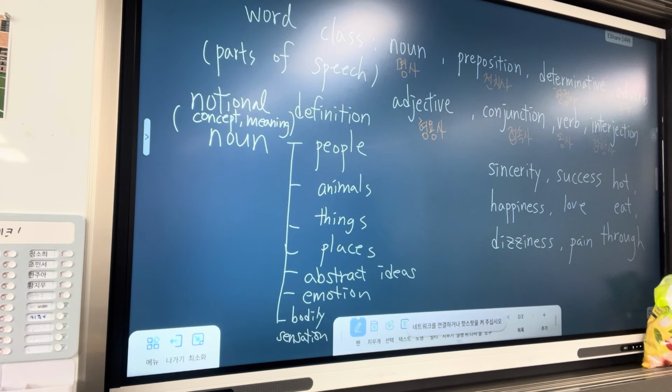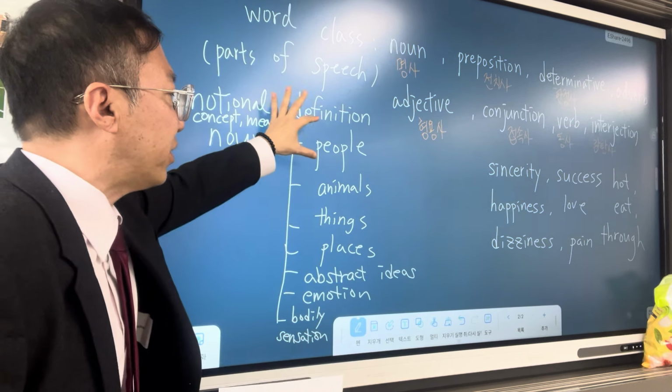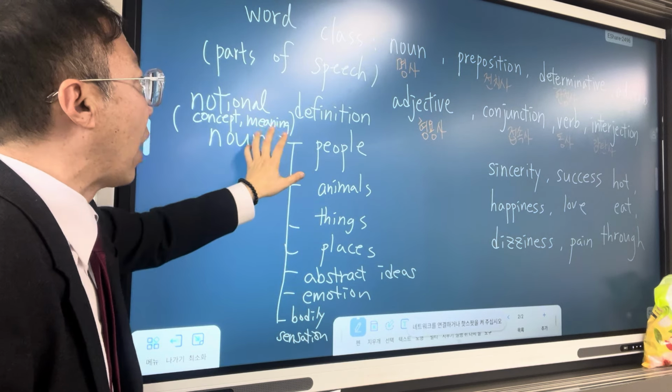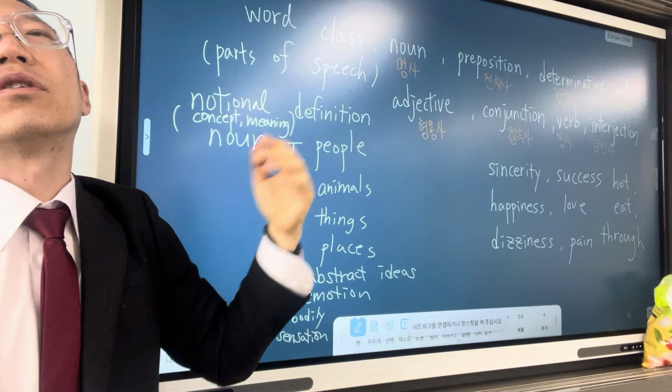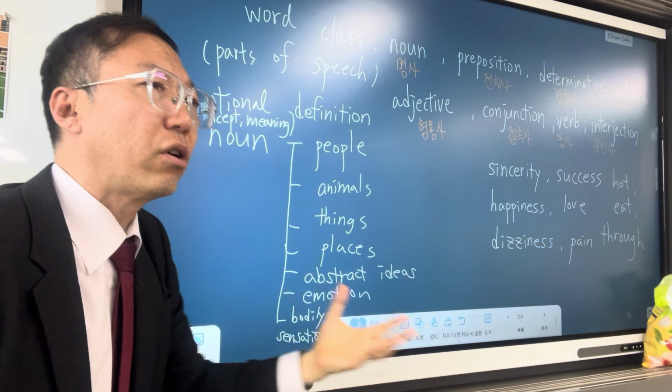A related serious problem is that lists lead to circular reasoning. Why is car a noun? Because it is on the list of nouns. Why is it on the list? Because it's a noun. Having just a list of concepts in the noun definition leads us to circular reasoning. It doesn't provide any answer.